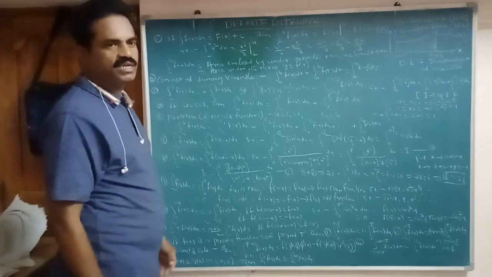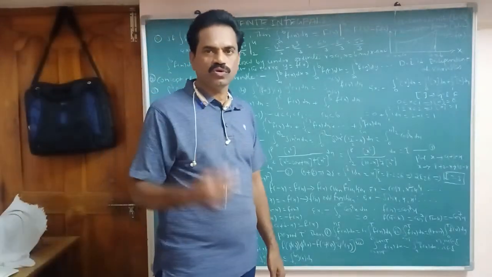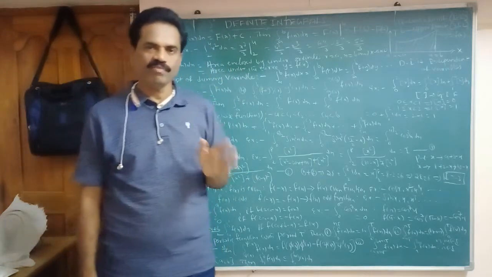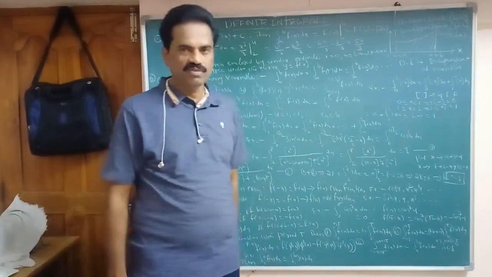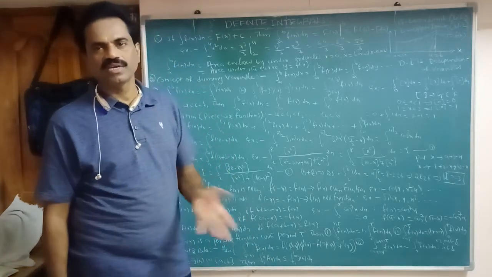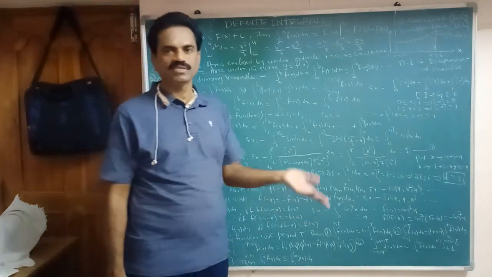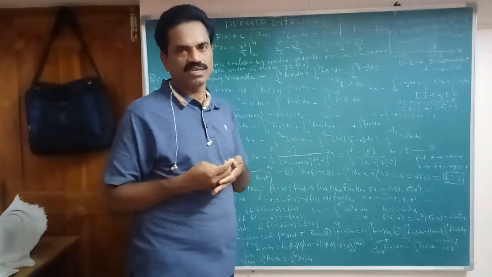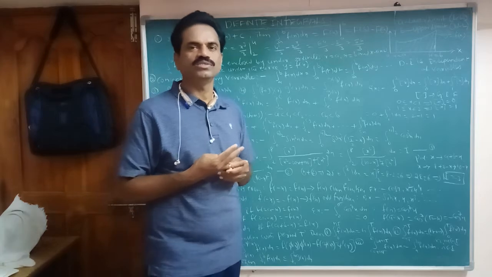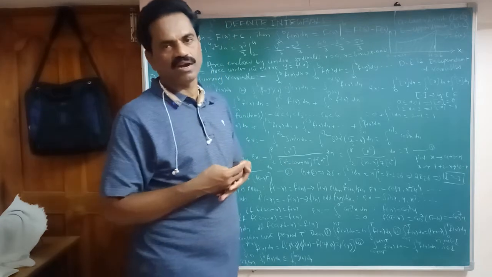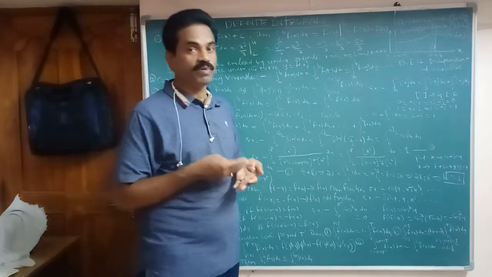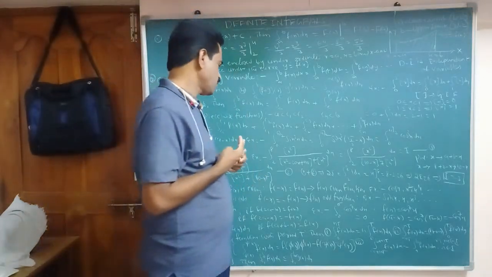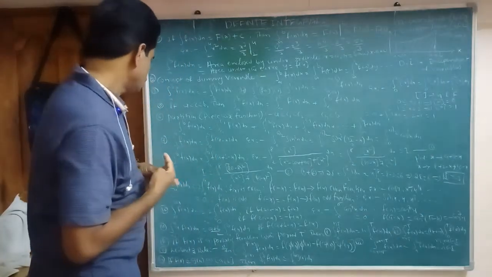The integral from minus a to a of f of x dx is 0 when it is an odd function. We know that an odd function is f of minus x equal to minus f of x. For example, sin of minus theta is minus sin theta, sin of minus x is minus sin x. So clearly f of minus x equal to minus f of x, and we can write this value directly as 0. Examples of odd functions: sin x, x cube, x power 5, and so on.